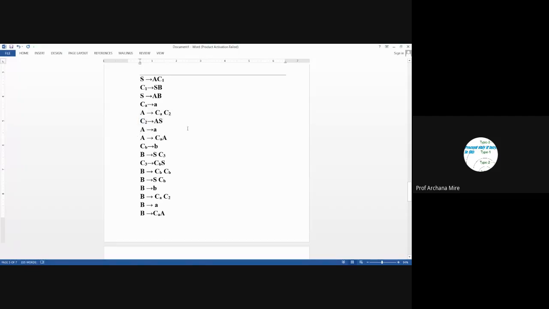We will need to use one more non-terminal, because if we simply write A here, then this A can insert CA as well as it can insert some other non-terminal or some other productions as well, and we don't want that. We want this particular symbol to be replaced only with the single A. It should not be replaced with some AA. That's why we cannot write the existing non-terminal here. We will need to always use a new non-terminal. Although there may be a possibility of using an existing non-terminal, we avoid using those existing non-terminals.